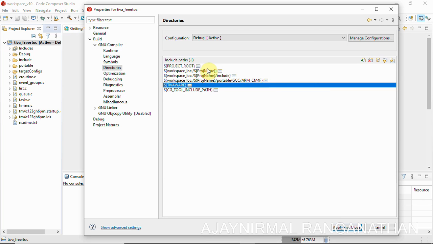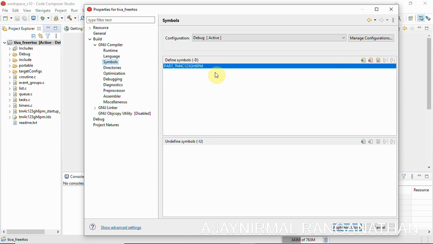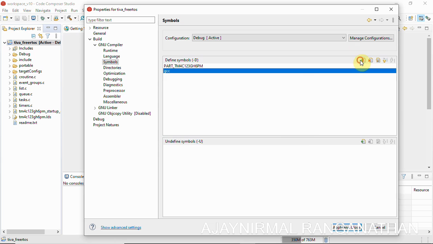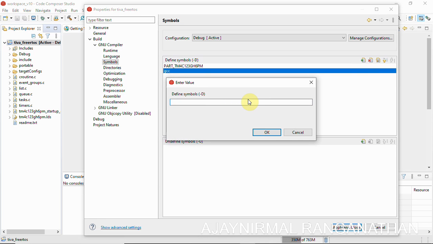Now we have all the include paths, that is project, include folder, ARM CM4F, and then the TivaWare location. Then click on symbols. So we have a path that is TM4C123GH6PM, then GCC, to use certain functions, and then